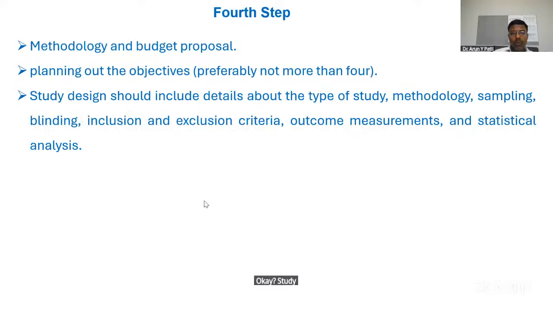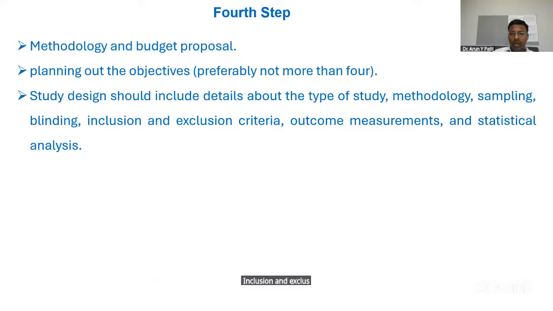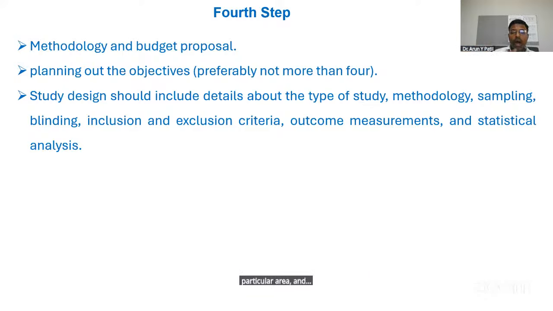Study design should include details about the type of study, methodology, sampling, blinding, inclusion and exclusion criteria, outcome measurements, and statistical analysis. Each of these parameters is very much essential because any data which I am quoting is based on something called CAGR. What is CAGR? Compound annual growth rate. So what is the compound annual growth rate of this particular area, and how the study is being done, whether it is a